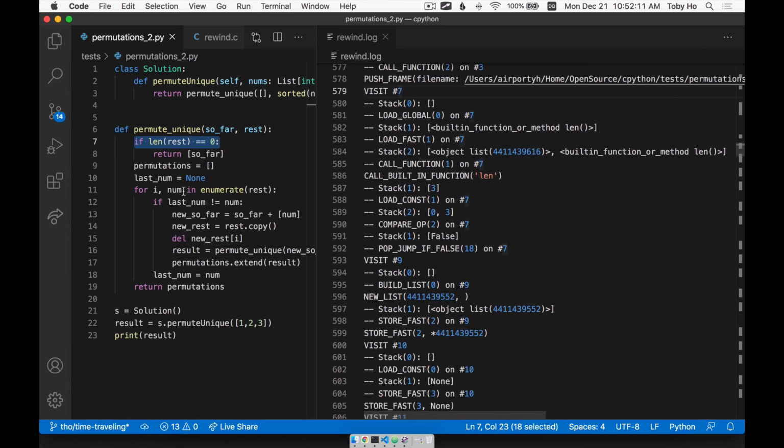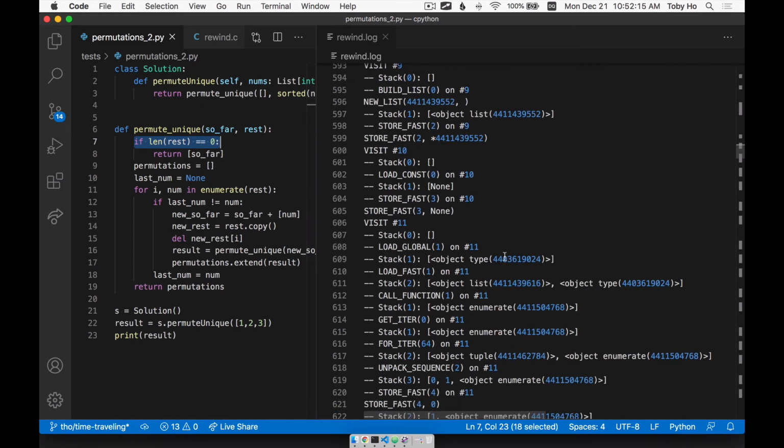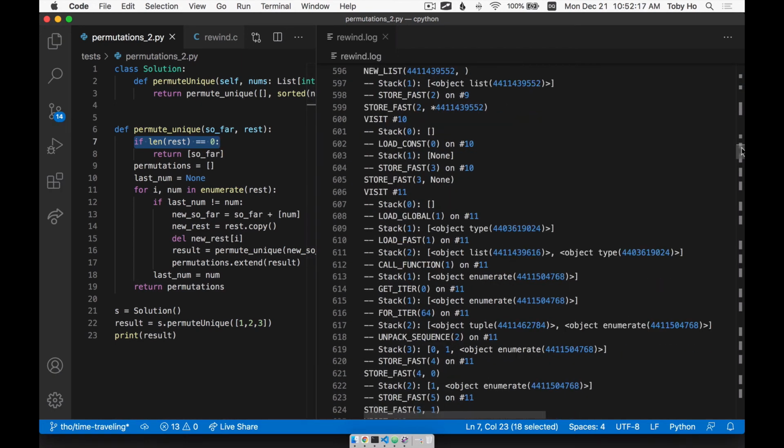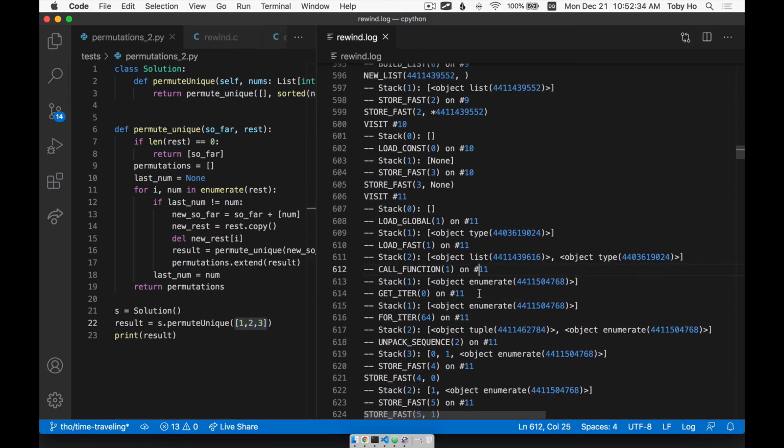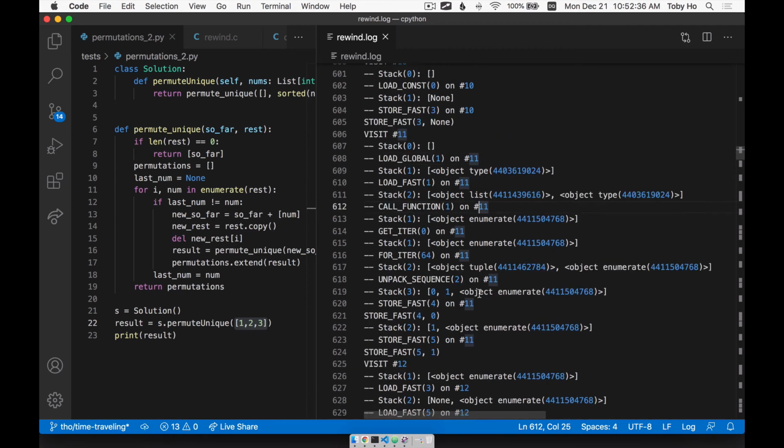Well, there's a lot of content here, so we're only about 1/5 of the way through the execution of this program. This is going to find all unique permutations of the numbers 1, 2, and 3. So it's going to keep looping here for a while. But essentially,